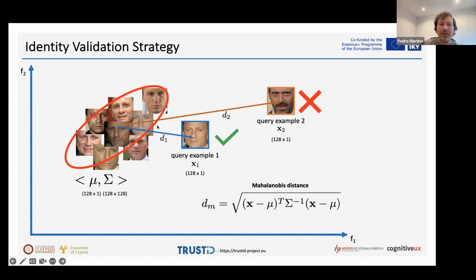Let's suppose that this is our identity from one example, and we want to try to decide if this example belongs to the class or not. So we have actually two possible solutions. Previously we learned the mean and the covariance of this distribution, and by simply computing the Mahalanobis distance between one example and the other, and thresholding the distance, we are able to easily decide if this belongs or not to this distribution. Okay.